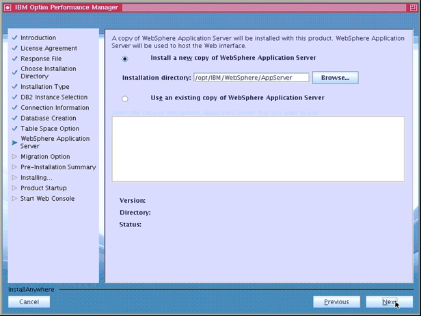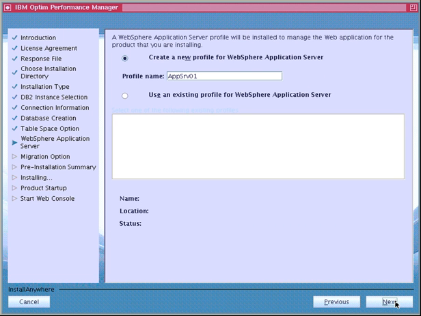If we choose an existing WebSphere application server in the previous step, the installer would show the profiles detected here. We could either create a new profile or use an existing one. This profile includes all the files that the server processes in the runtime environment. Here, because we chose to create a new copy of WebSphere application server in the last step, we choose to